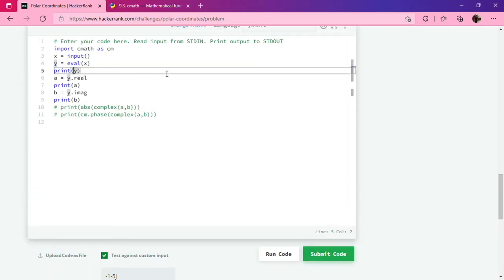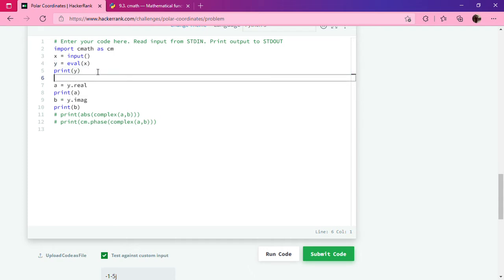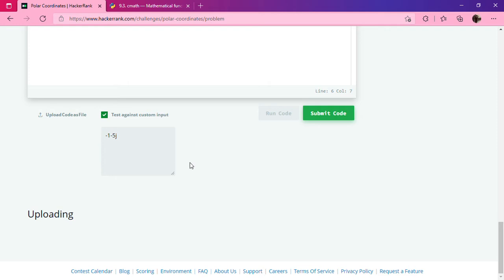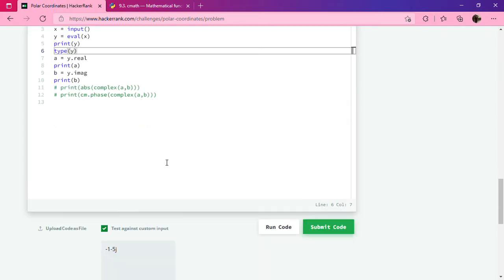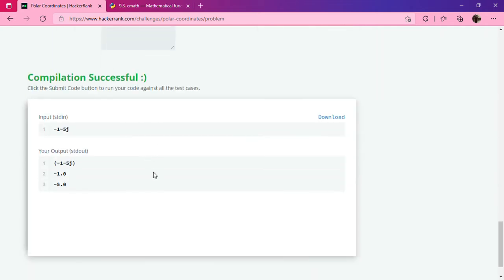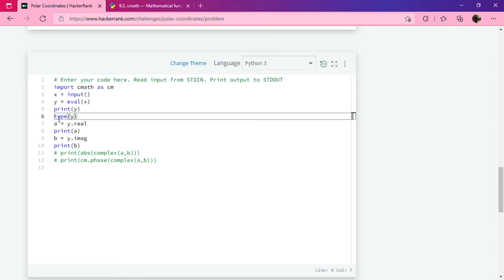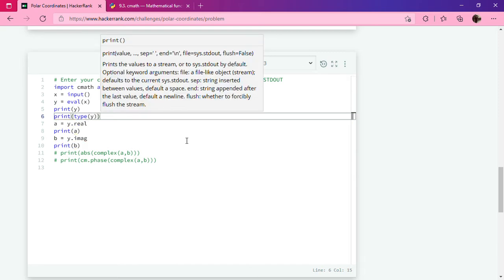Let's check type y. I don't know why it is not reading. Okay, let's print type y.